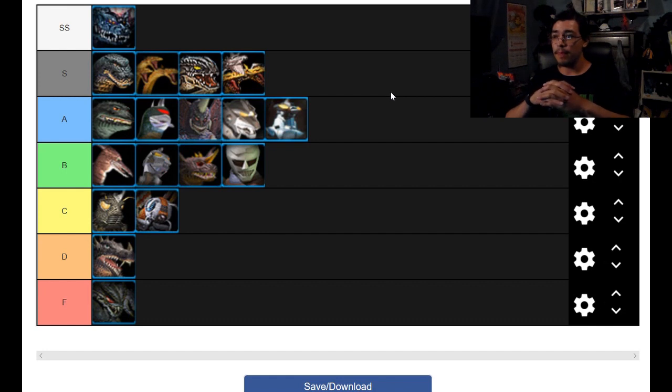By himself, he's pretty terrible, right? A lot of his attacks cost energy. He's slow. His energy regeneration is not that good. His physical attacks are okay. They're pretty strong. But that's it. That's the only good thing about him, by himself. But then when you get his crystals up,